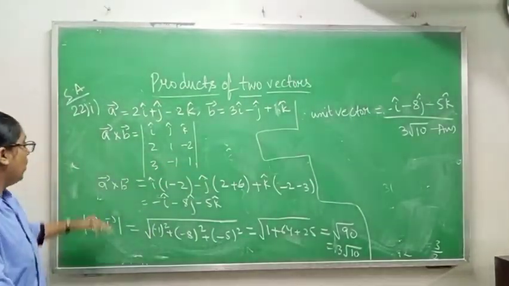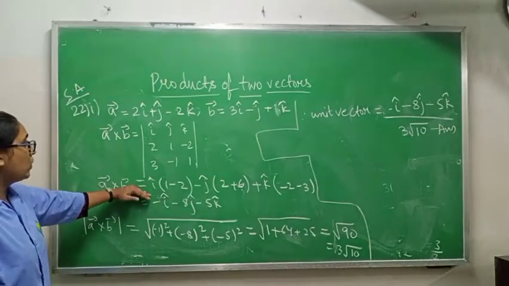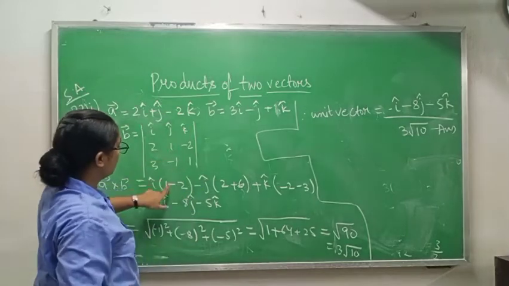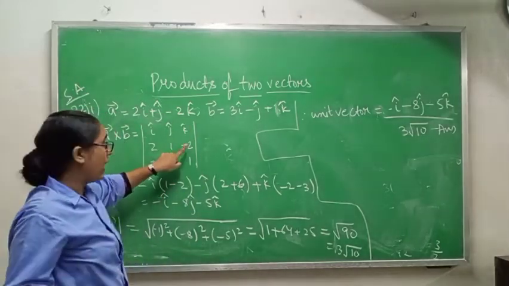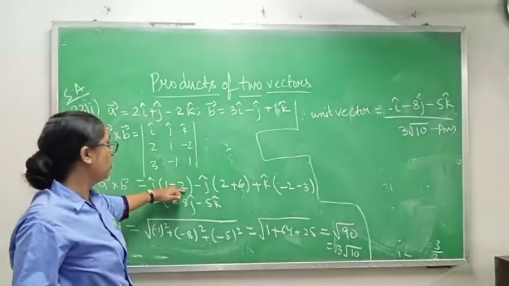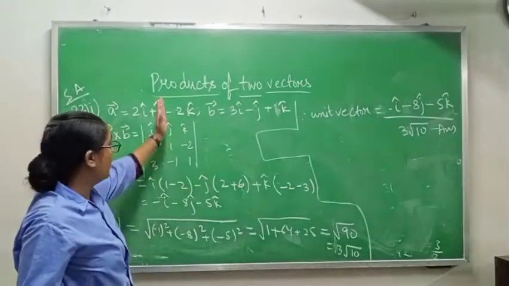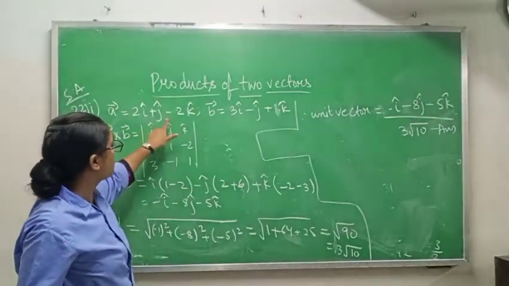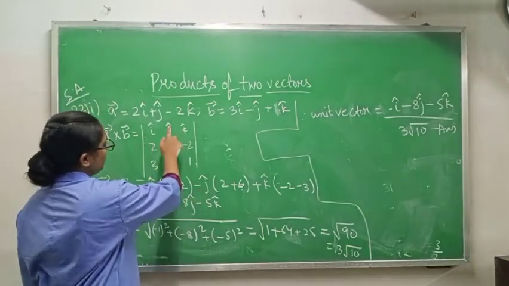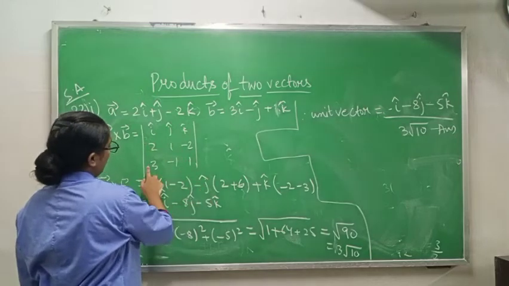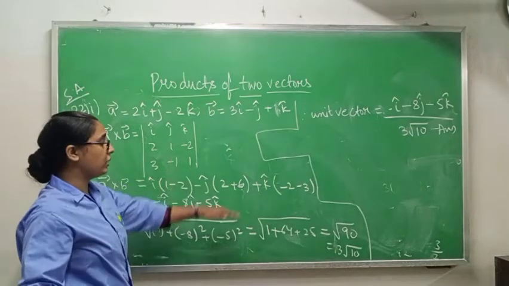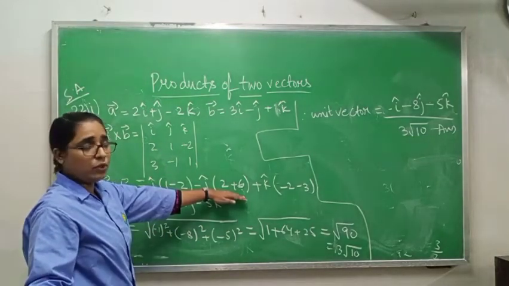Now a vector cross b vector equals to, you will write i as it is and you will not see this row and this column, so 1 into 1, 1, minus, and 1 into 2, 2, and here already we have minus sign, so 1 minus 2. Now with j we have minus sign always, plus minus plus, like this, so minus j cap, will not see this row and this column, so 2 into 1, 2, 3 into 2, 6, and here we have minus and one more minus is already in the formula, so minus minus